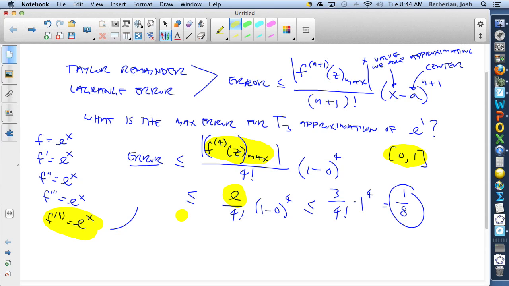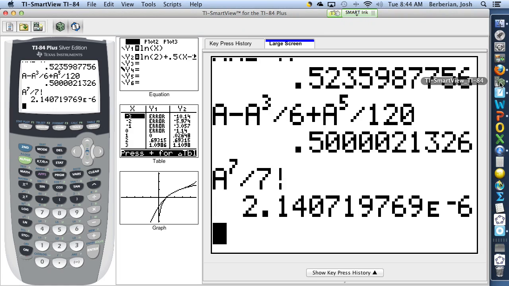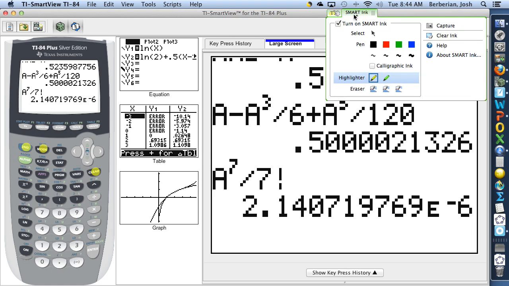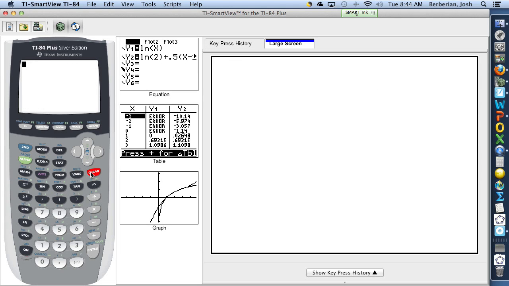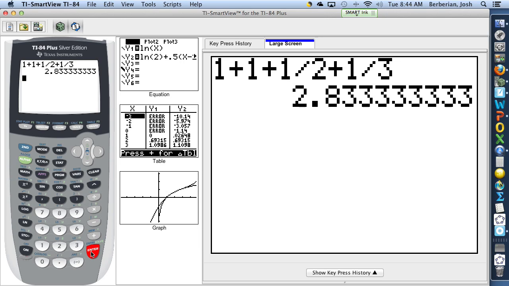And what I'd like to do is go to the calculator, do it, then come back to this and do some questions. So if I go, whoops, I think I highlighted. Let's change that. I don't want to insert text. So if we say, all right, 1 plus 1 plus a half plus a third, we get